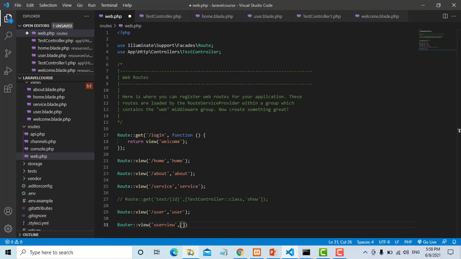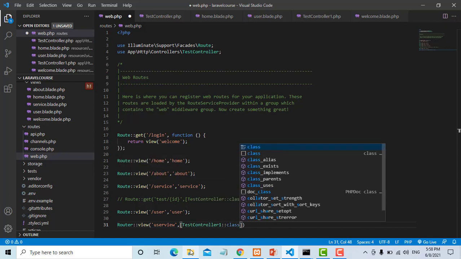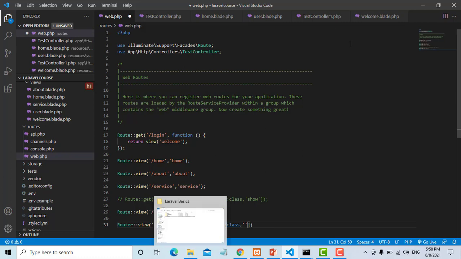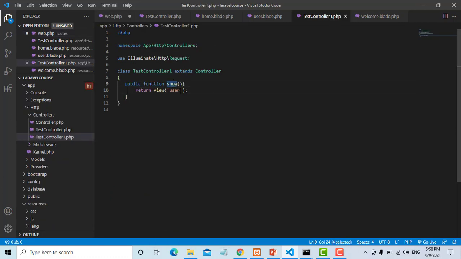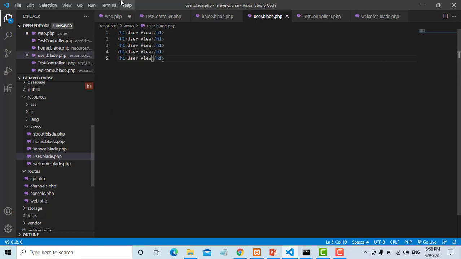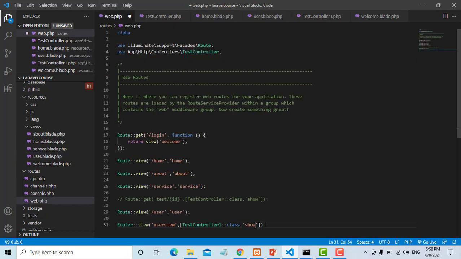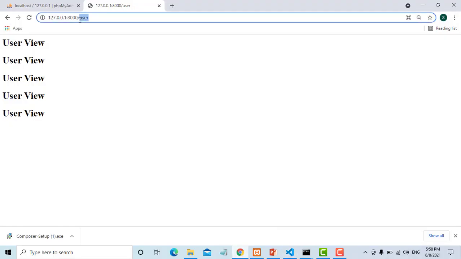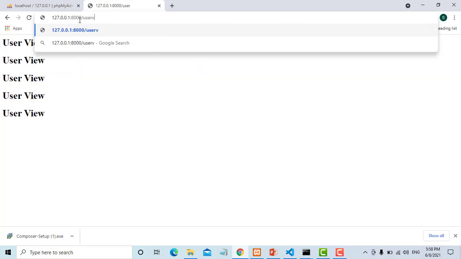Then controller name TestController1, then class, then your function name show, semicolon. Now copy this URL, go here, type user view.